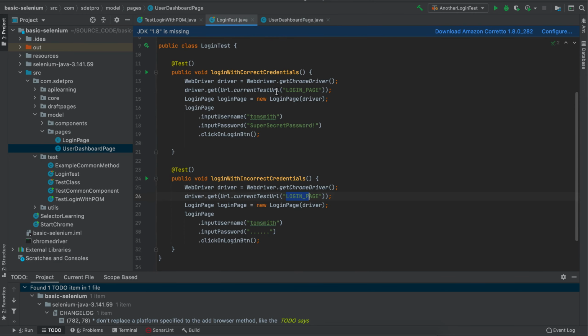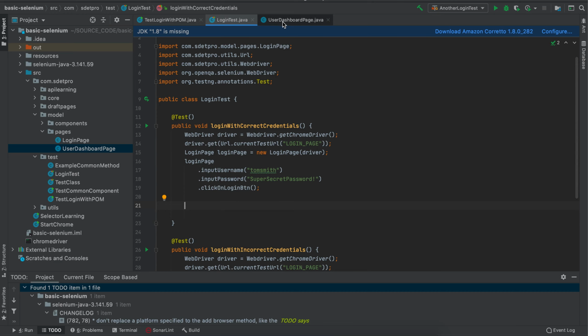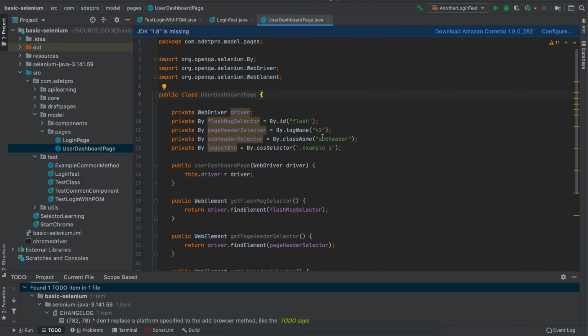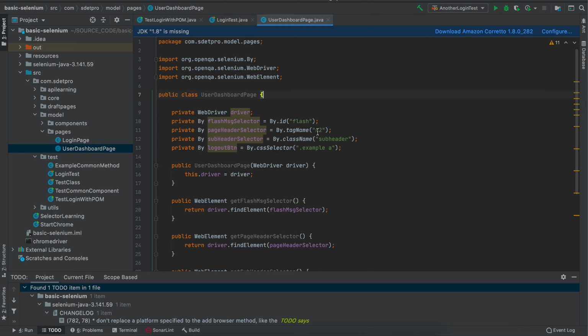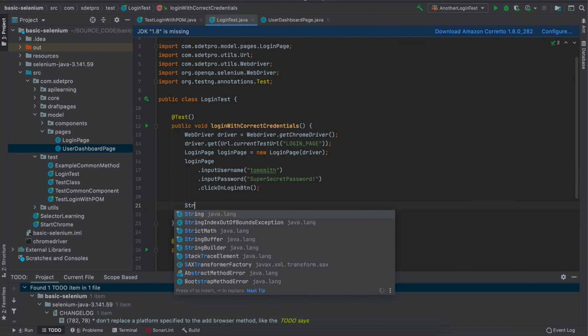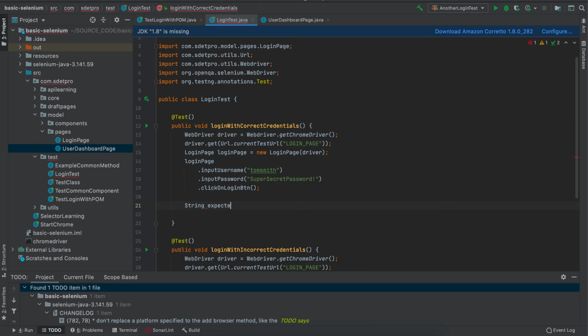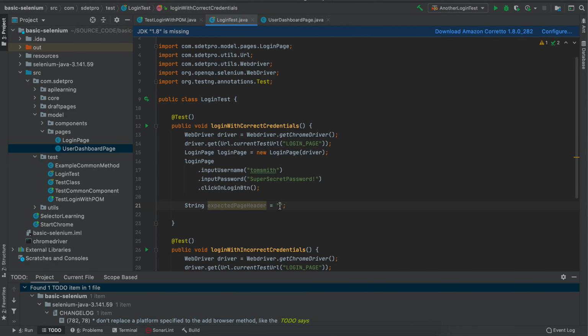So here in the login test, I log in, and after that I want to make sure that the user is in the correct space. So first thing first, I want to get the expected H2 here. So that means I want to get the page header information. So I will declare something like string expected page header equal, so it should be equal the expected value that you need to copy from the page here, Secure Area, and then the actual